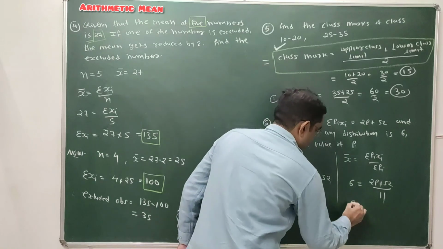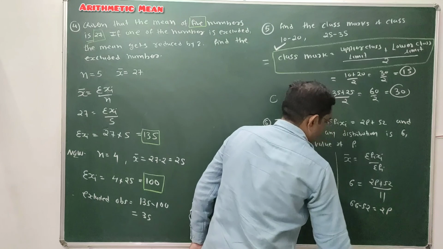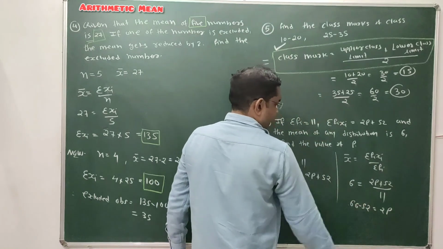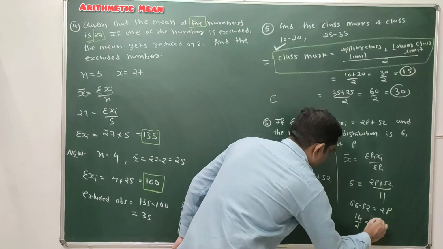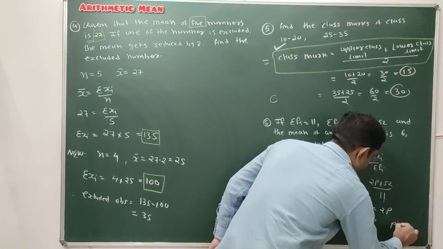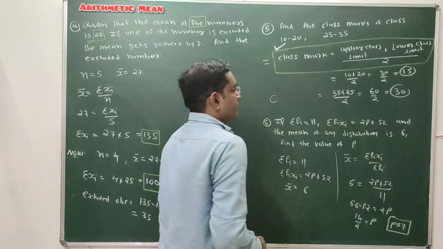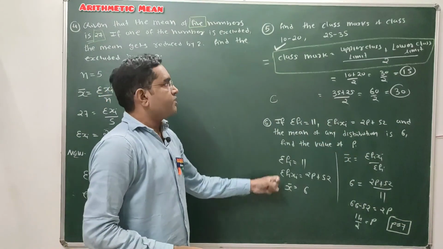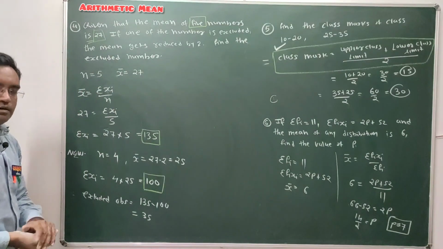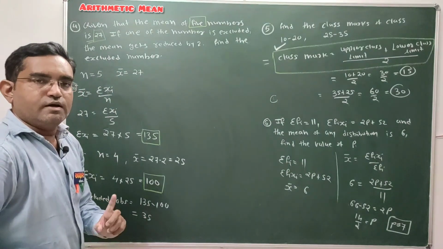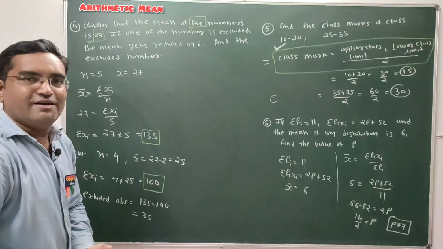11 6s are 66 minus 52 equals 2p. 66 minus 52 is 14, 14 by 2 equals p, and hence p equals 7 is our answer. Done. This can be asked in 2 marks. This is a 1 mark question. This is also a 2 marks question. Done. These are the additional practice sums related to the arithmetic mean of given data. Pause the video and note it down.